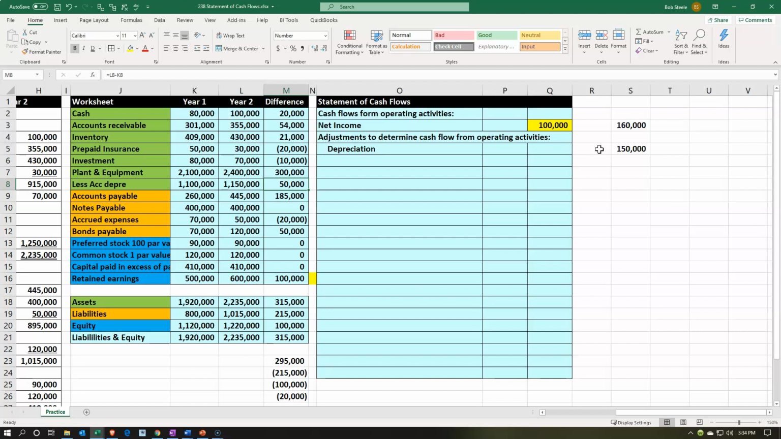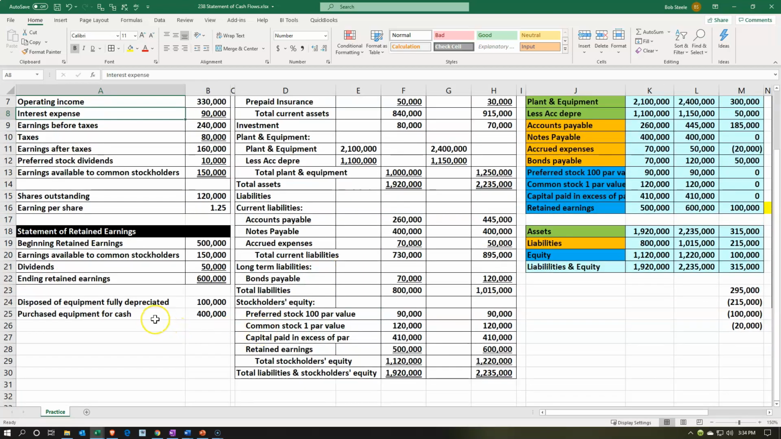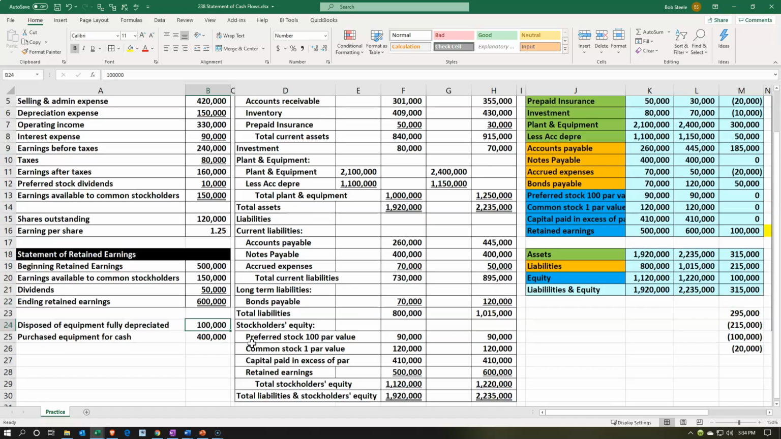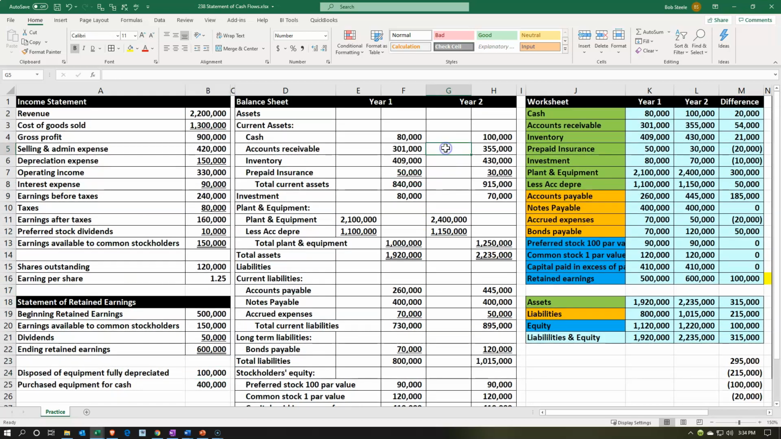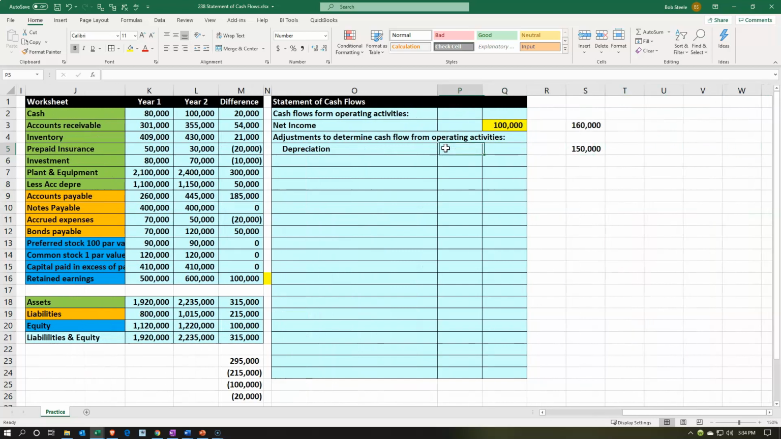But again, I don't want to break that out, and you'll see that over here. You'll see, okay, there was a disposal of equipment fully depreciated for 100,000 and a purchase of equipment. But it's going to get confusing if I start to pull those numbers in right now. So I know that I'm going to have to change that, but I want to go back and do that one step at a time so that I can work with something